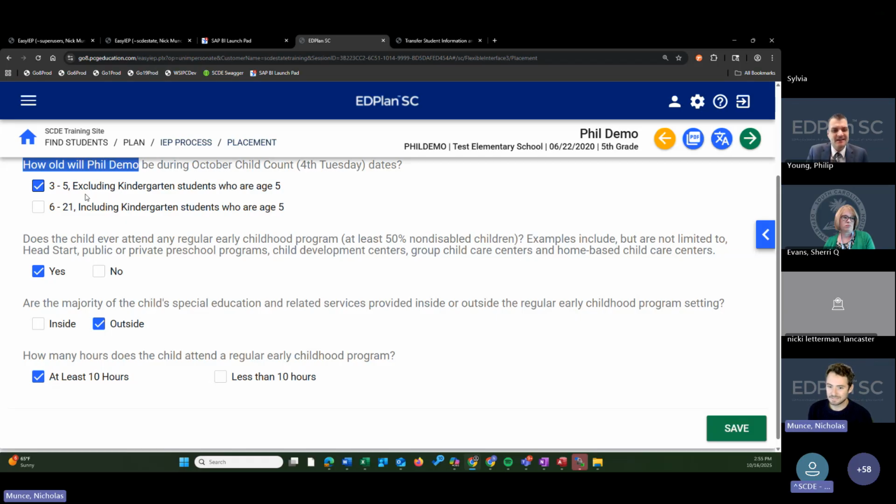And I'll just say, Nick, that the change that's coming in December that I referenced earlier on this placement page is meant to help teams address this. I think if you're not paying attention in this IEP meeting to what this question says, meaning that it's future, how old will they be in October, that's hard to think about when it's February. I think teams were just answering that as of February, not as of October. So the change coming in December is meant to help with this so that it's less confusing.